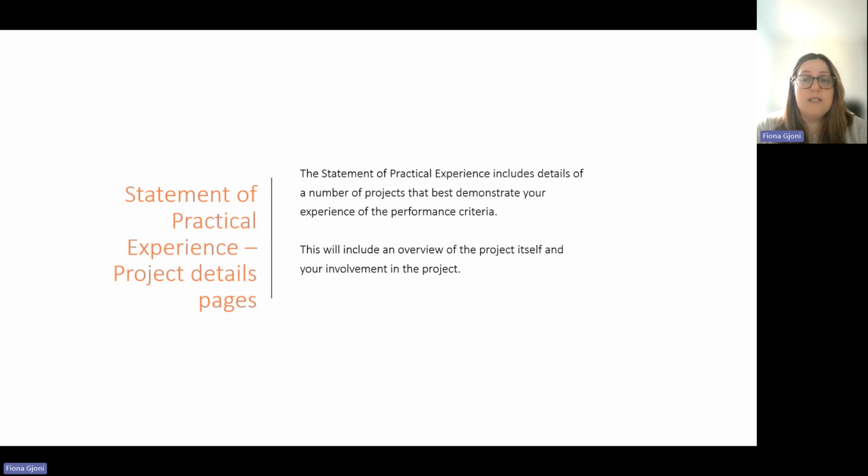You need to include evidence that supports your claimed experience in the logbook, and there needs to be sufficient detail for your Part 3 examiners to appreciate the scope of work, the cost, the floor area, and the nature of the construction type. You must also have the following information for each project: the project name, the location being the project address, the country, and this is the Indigenous country on which the project is located,